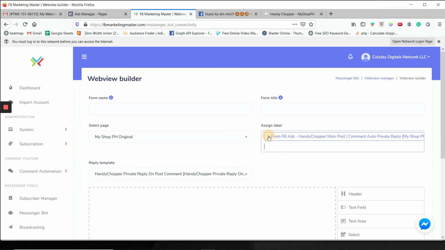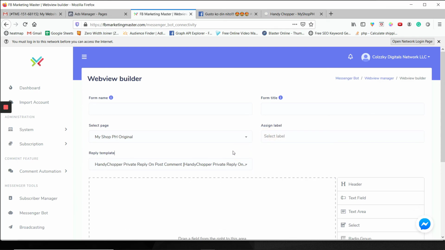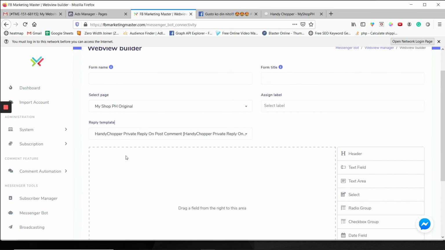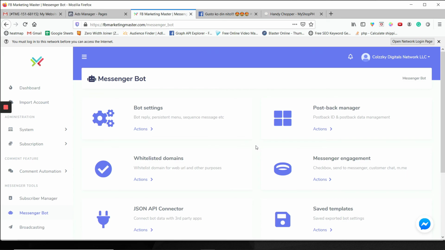So you can create a different type of label. For example, you are going to create 10 types of label for web view builder, label for plugins, label for the postback IDs or whatever. You can create as many labels as you need. Okay, so that's about it. Those are the ways how you can attach a tag or a label to a subscriber. As you can see, there are a lot of ways you can do that, and it's up to you how you can